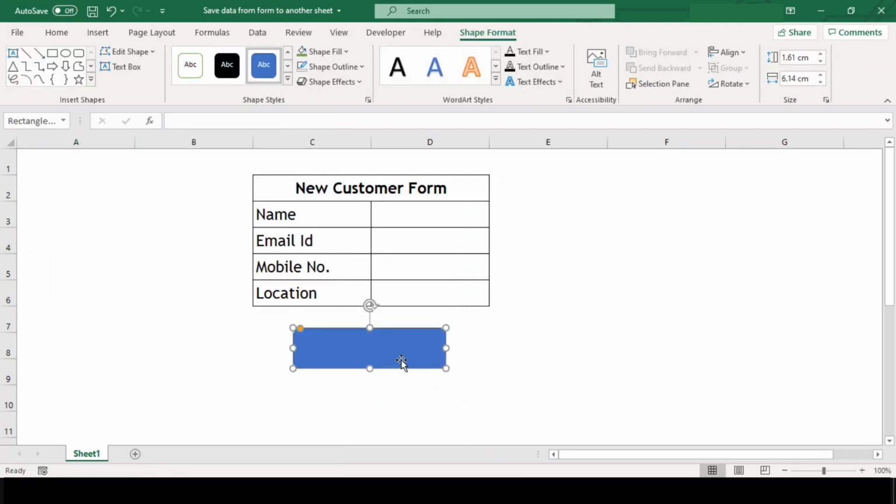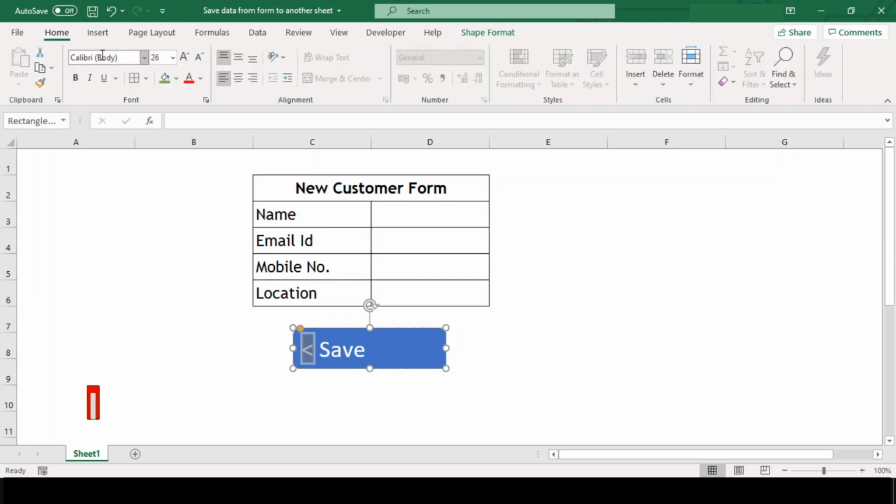We will double click it and give it a label. I will use Save as the label for my button here. I even want to give an icon of a floppy before the label of the button. To do this, type a less than sign and space before the button label.